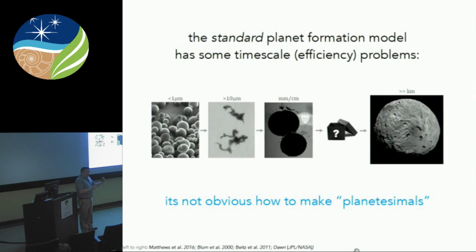And I should say in the standard theory for planet formation, what's called the core accretion theory, those calculations in the past have typically started with a gas-rich disk and an abundant population of planetesimals, large bodies that then make up planetary cores and then grow into giant planets or terrestrial planets. That has its own timescale problem, which I'm not really addressing here.